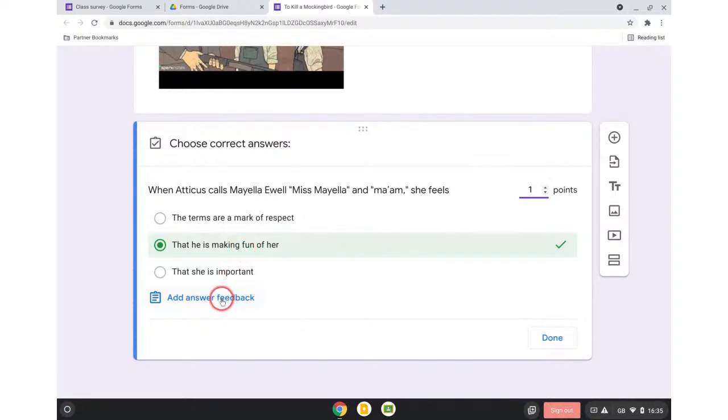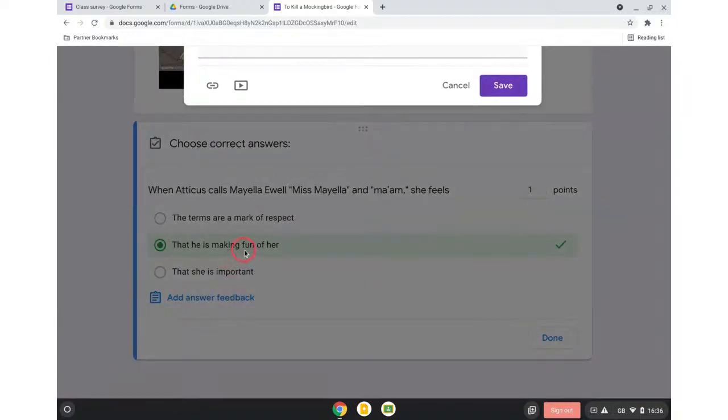And then the second thing is adding the answer feedback. So not just telling the students they've got it right and giving them a point, but actually giving them some useful feedback. And we know this is where the good teachers come to light. You're all good teachers, but we know this is a really important aspect of teaching, actually being able to give feedback in a way to students that will move them on if you're not there. So if we choose add answer feedback,